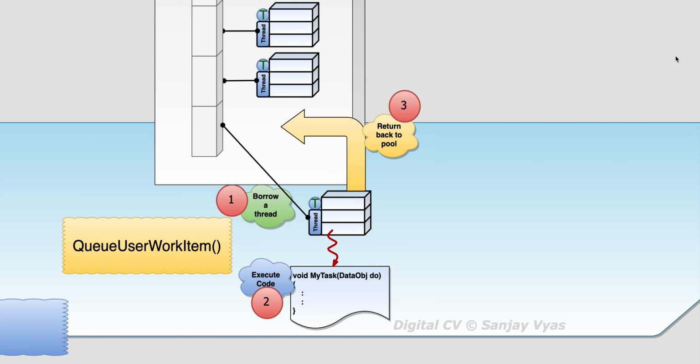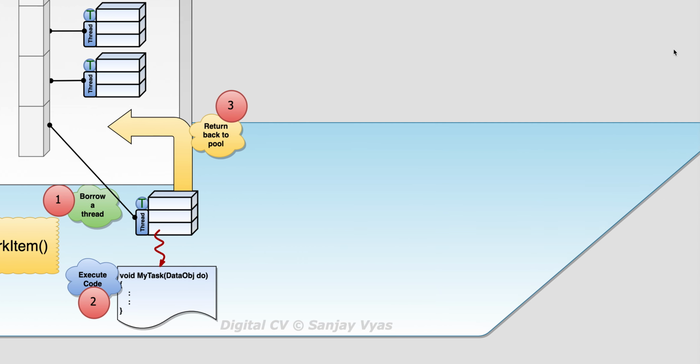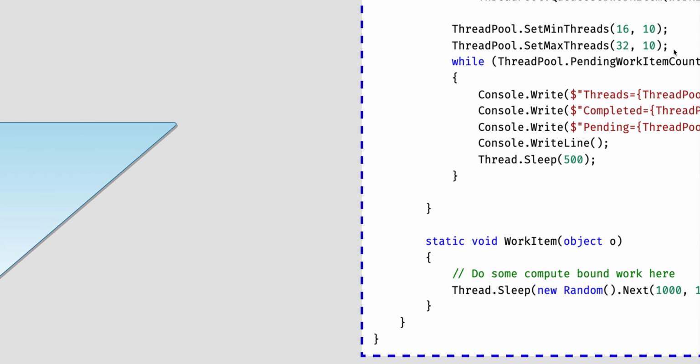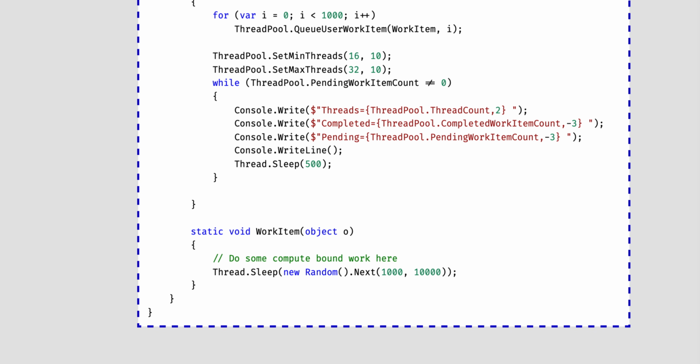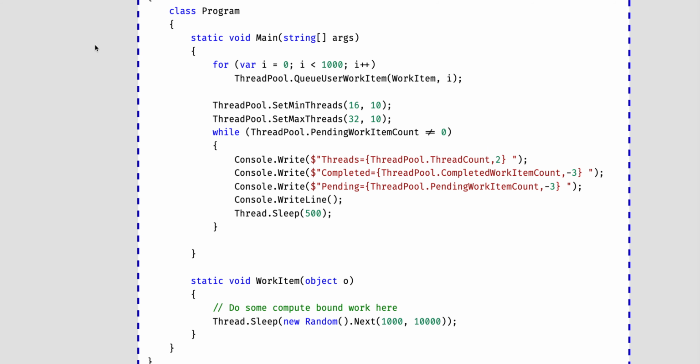Well, in terms of coding, how complicated is it? Well, not at all. When we look at the code, we can see that we do not start any thread here. We simply pool the work item that we have. Yes, we can specify the minimum threads or maximum threads that we want to deploy for this. And remember, this is for the entire thread pool.